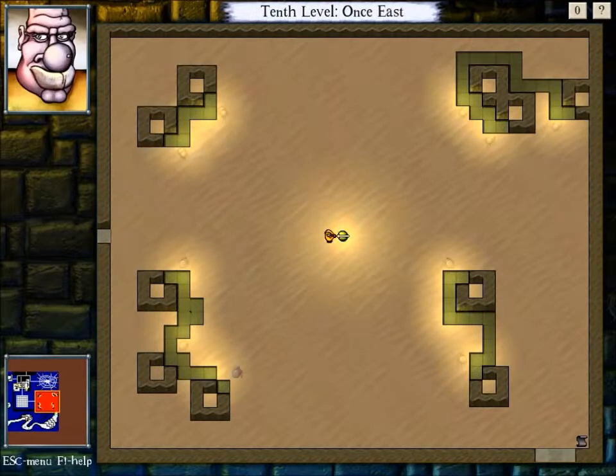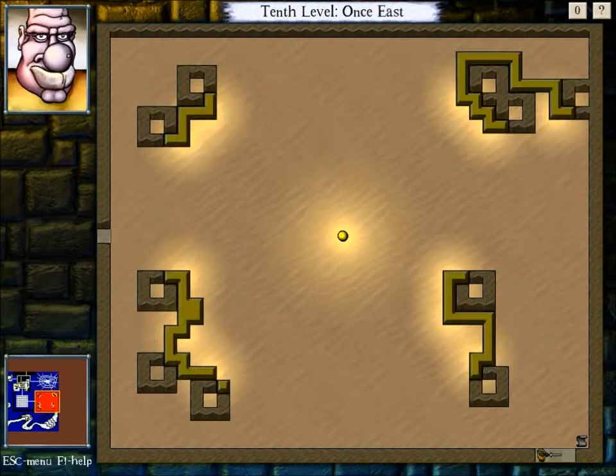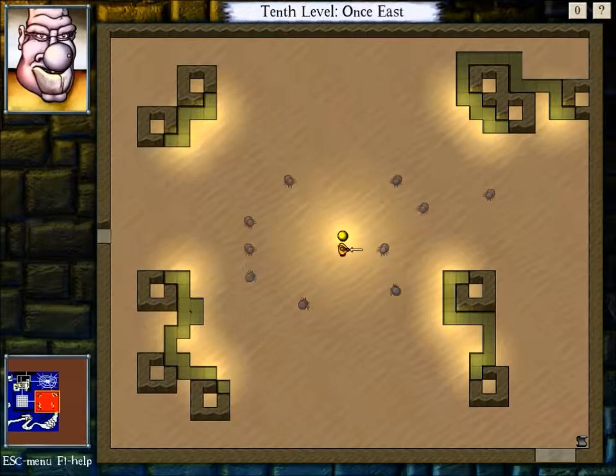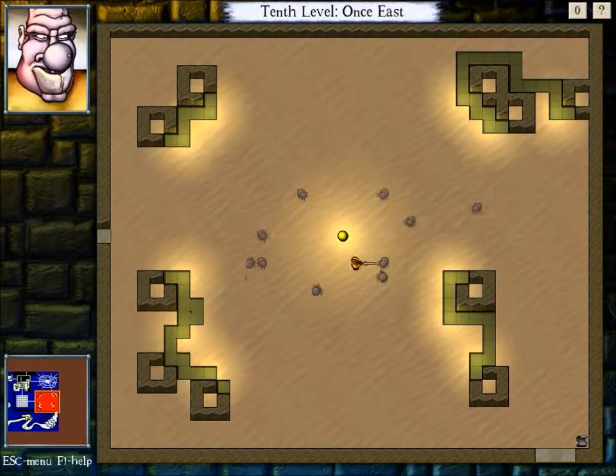1, 2, 3, 4, 5. Yeah, this is how I did it last time. I waited 5 turns. Why didn't it do the challenge clear? Wait 5 turns after striking the orb. 1. Oh no, the first strike doesn't count, so it's 1, 2, 3, 4, 5. Okay. Well, that just made things a lot harder. I didn't remember it being that easy, but at the same time, I didn't really...